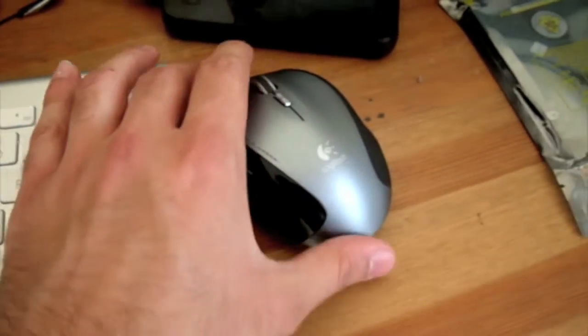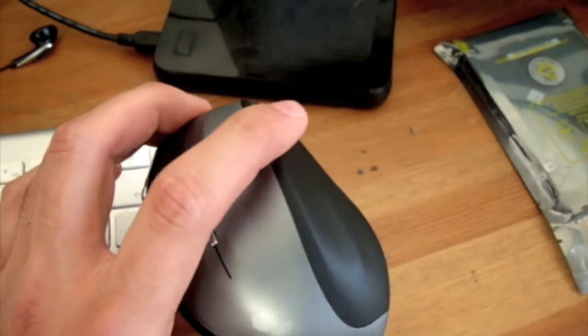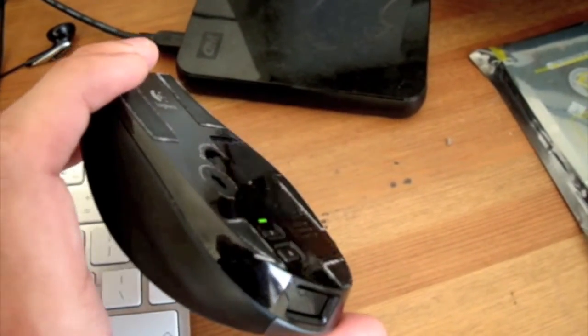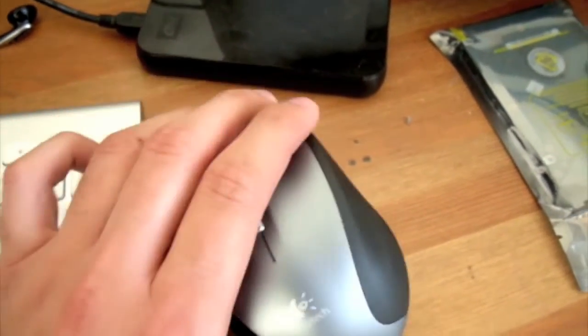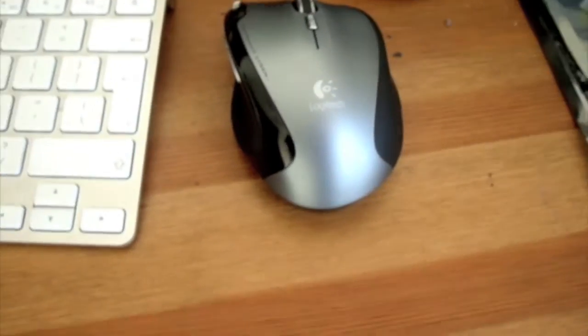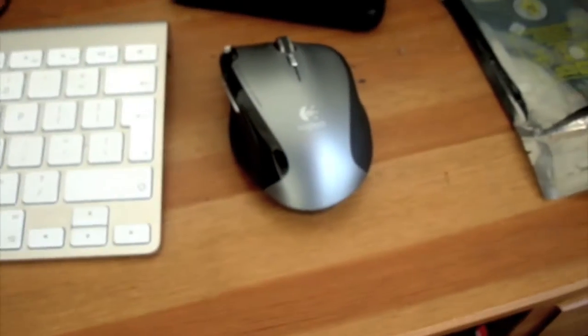This is the Logitech mouse, which I've also done a review on. Very, very good mouse. Takes only one AA battery and it lasts for ages. This is the second time I've changed it in a period of 7 or 8 months. 7 months? No, I'm lying. 5 months. Only twice have I had to change it. It's very, very good. Again, the review should be coming up on the screen somewhere just now for you to